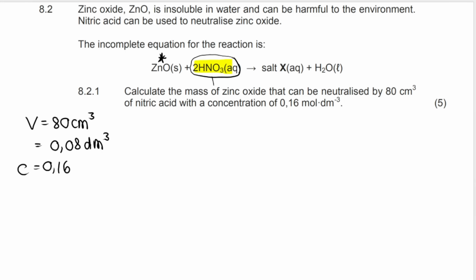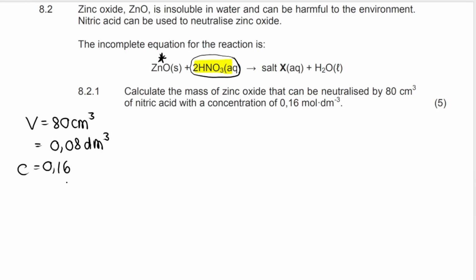You convert first to moles of nitric acid. Once you have moles of nitric acid, you use a mole ratio to get moles of zinc oxide. So moles to moles in a mole ratio. Once you have the moles of zinc oxide, we can work backwards to get mass of zinc oxide. So that is the process that I'm going to follow. So first step,